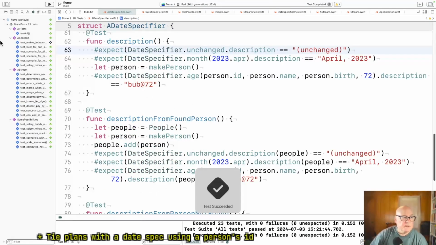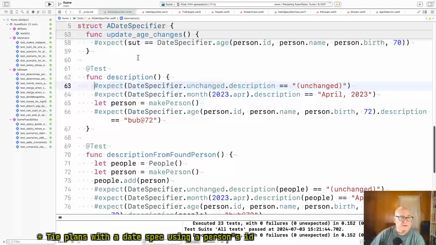Yeah, only that. Okay. And let's just run it because we're fooling with stuff that affects UI or relies on it.